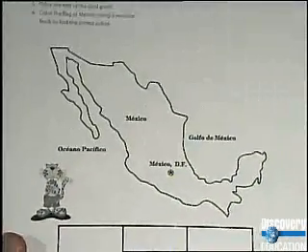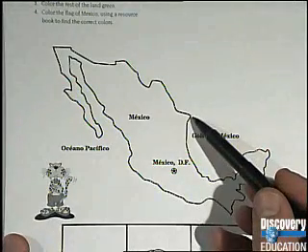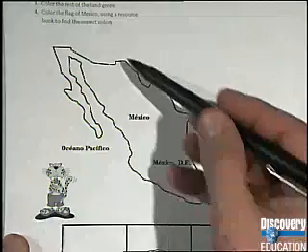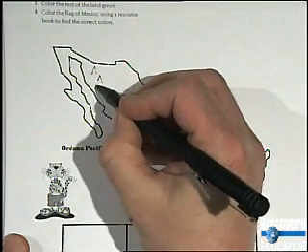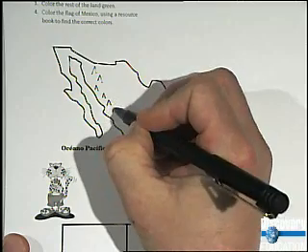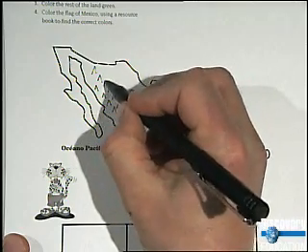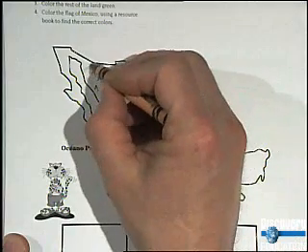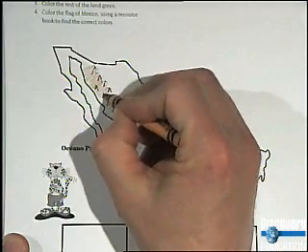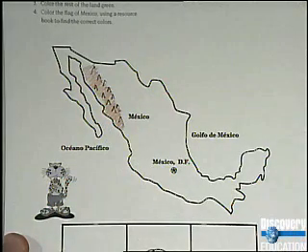Well, let's start up here. I'd like to help you out with something. Remember, we said that Mexico is just south of the United States of America. Right down here is where the Rocky Mountains come, and they continue to extend into this part of Mexico. So you're going to find in your resource books that there are some mountains coming down into this part of Mexico. You'll want to color those areas brown to indicate that there are mountains along there. And then you'll want to color the water blue.